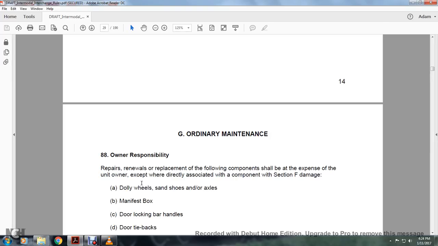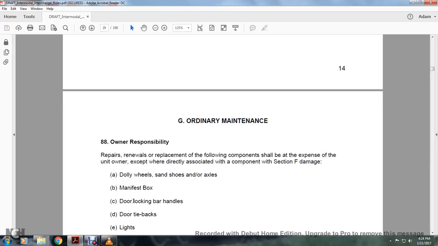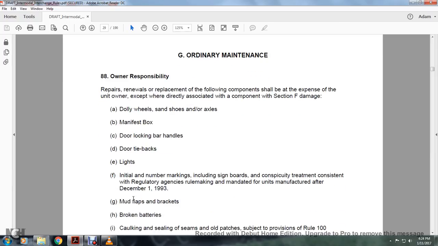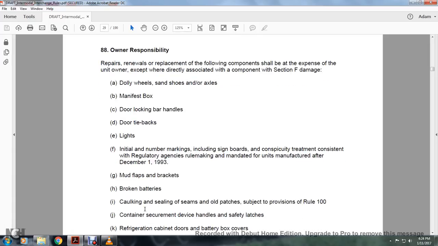The damage. Dolly wheels, hand shoes, axles, manifest backs, door lock bar handles, door tie backs, lights, and initial numbering markers, including signboards, conspicuous treatment consistent with the regulatory agent's rule marking mandated with the units manufactured after December 1st, 1993. Mud flaps, brackets, broken batteries, caulking, sealing seams, old patches subject to the provision of Rule 100, containing securement devices,